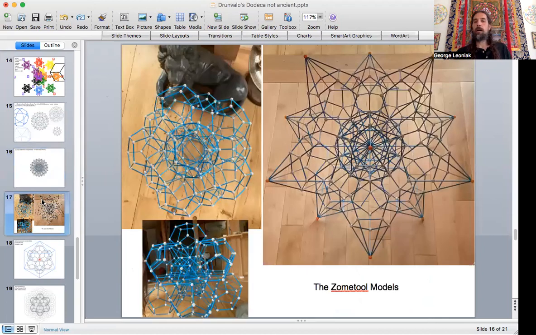Here are just a few of my Zoom tool models that I have, with my foo dog in place here. Just so people know, the foo dogs in China have a big lion that has its hand over top of the ball. I have a pretty decent size one in my house, not over the dodecahedron, the flower of life ball. It's protecting the sacred knowledge. Well, here's my pretty decent size foo dog protecting this giant conglomerate of dodecahedrons that are all united in this way. This is a start.